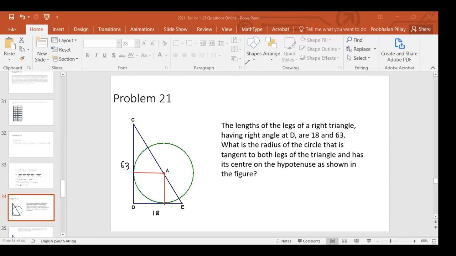All right, now, so this is the radius. Of course, the radius of a circle are all equal, so that will also be the radius. And this is 90 degrees, the right angle triangle. The radius is perpendicular to the tangent, so that's 90 degrees also. So you actually have a rectangle. More than that, it's a square because all these are equal. The two sides here are equal. So this is also R, and this is also R.